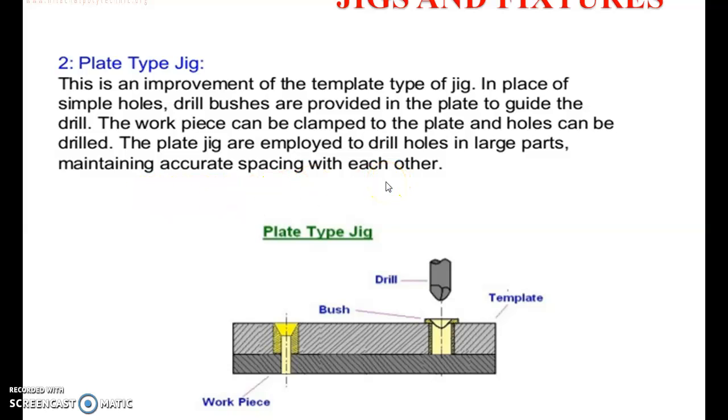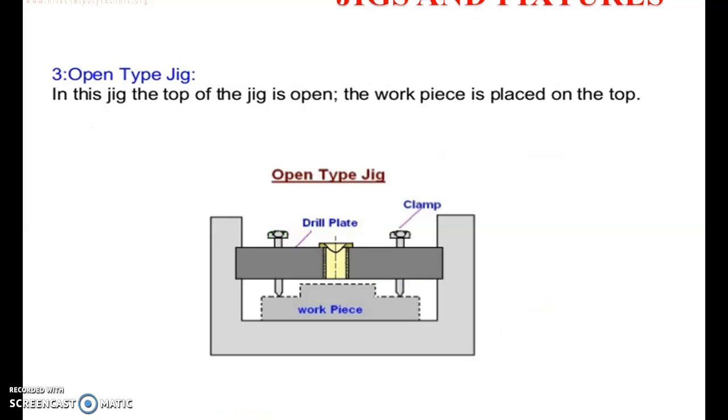So what happens by using this simple modification in the case of the template jig, we can increase the life of this template only by changing this bush. So you can say plate jig and template jig are both the same, only separated by the use of bushes, which increase the life of the template. Next, we discuss another type of jig, which is named the lip jig.